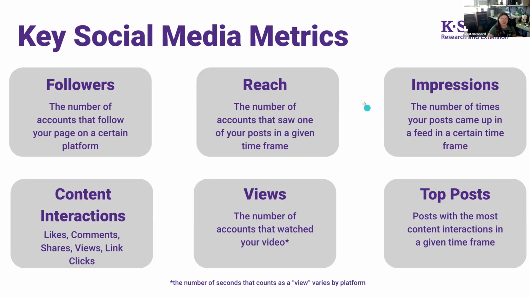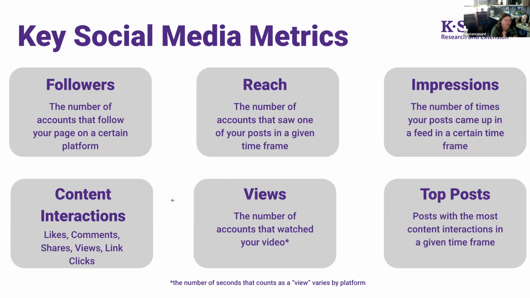To explain the difference a little bit more, a person can only be counted for one in reach. You're only one person, right? But if I saw my post 3 times throughout the week, that could be 3 impressions from one person. So your impressions will always be a little bit higher than your reach. And Meta does give you both of those, but it is easier to find reach.